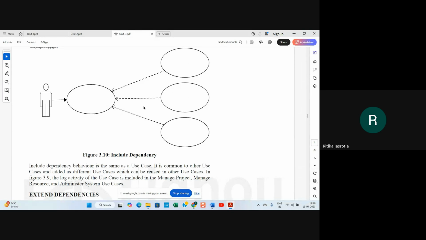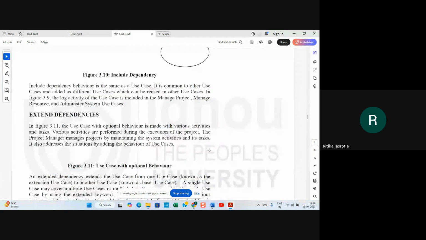In manage resource, the log activity is included, and in administrator system resource, the manage log activity is also included.